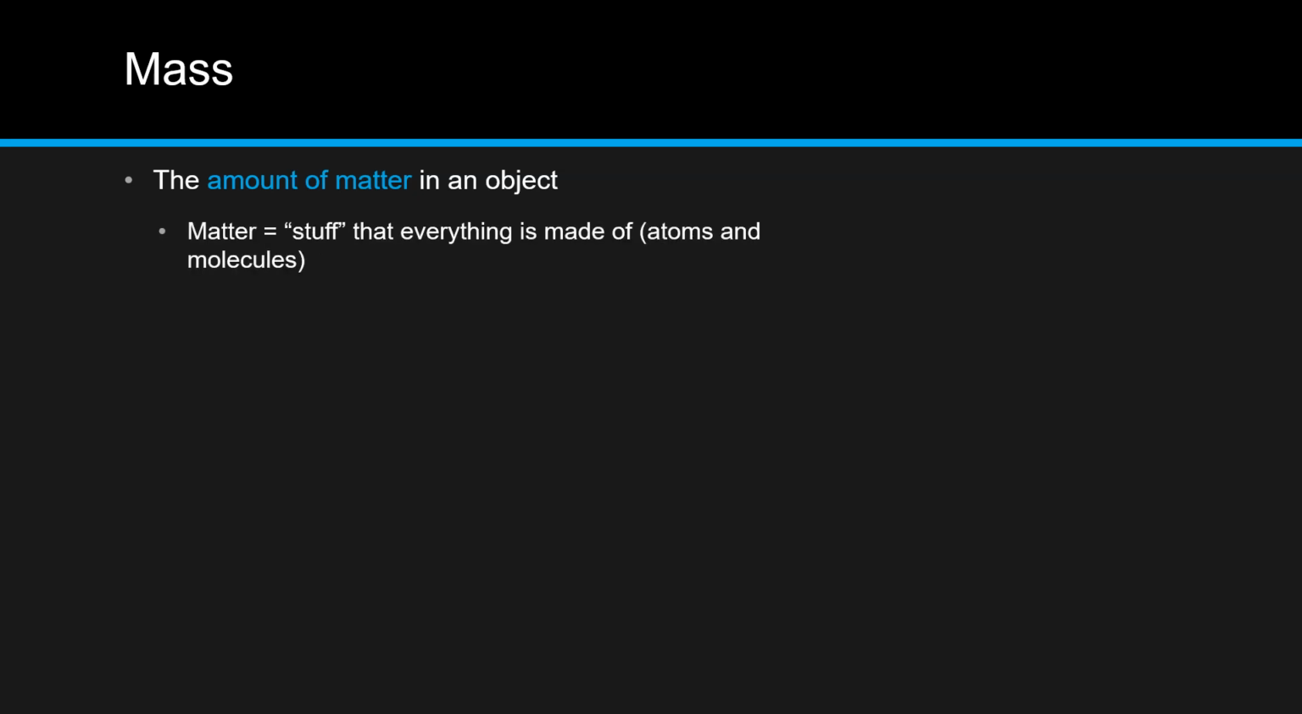Next is mass. Mass is the amount of matter in an object. Matter is the stuff that everything is made of. Everything is made of atoms and molecules, which are the smallest pieces of matter that exist. We call these particles. The more particles something is made of, the heavier it will be and the more mass